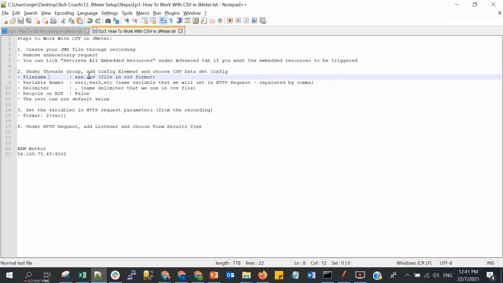We need to create the CSV file, and we need to put the variable names. These are the same variables that we will set in the HTTP request. Delimiter we can put comma, Recycle on EOF we can put false. The rest we can use the default values.